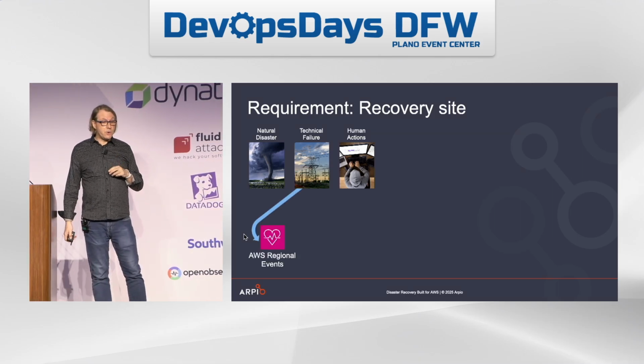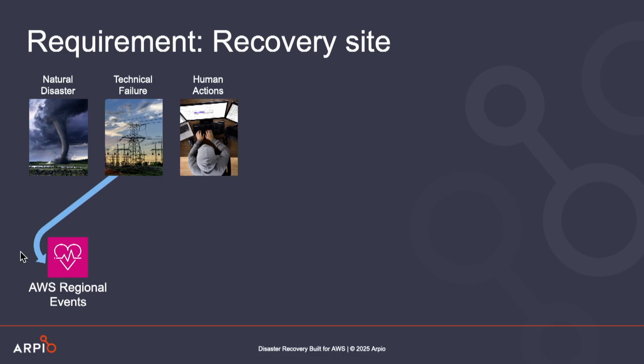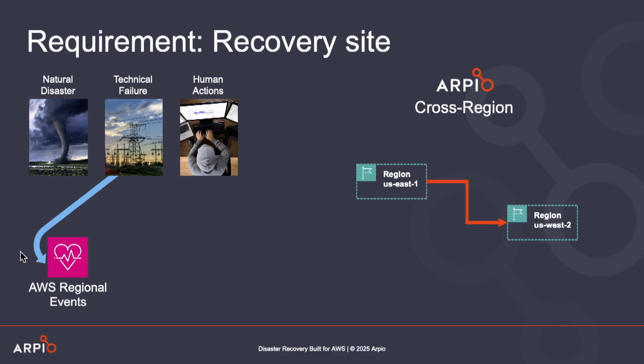The first subcategory is the one I mentioned earlier with the Kinesis outage, which is called an AWS regional event, meaning people talk about regions going down. Regions generally don't go down. What happens is a service or two goes down, or a major networking failure happens. It doesn't matter whether it's up or down. What matters is, can you run your workload there? When a regional event happens, you can't run your workload there, so you need to go cross-region.